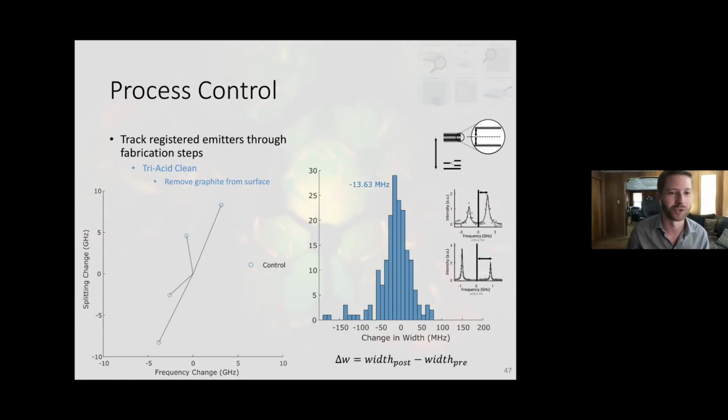And here we're just looking at a control, so nothing happened between the 2 measurements, but you can see it does wander in both dimensions a little bit. But the more interesting thing is to look at what happens after we do our triacid clean. And yeah, we see a little bit more wandering. But the real power of this only comes into play when we start looking at a large number of these things, where we start to see some very interesting features pop out that we had no idea would have existed without looking at these numbers and correlated statistics. So the next step here is obviously to figure out exactly what's going on and why we see the behavior that we do. But I'll have to leave that again for another time.